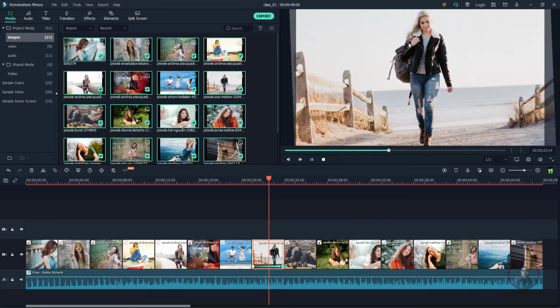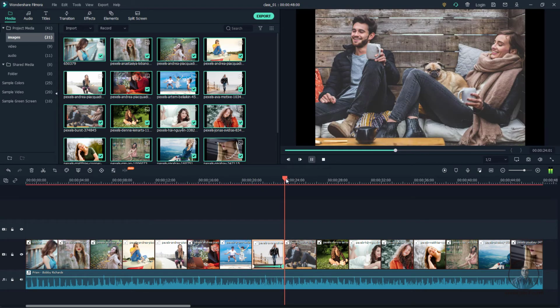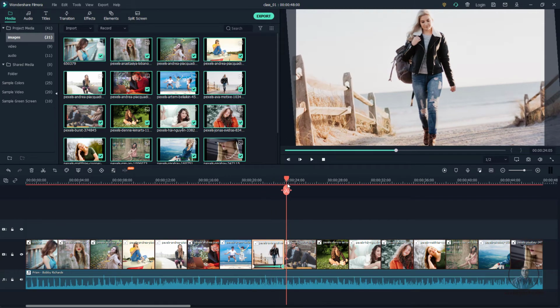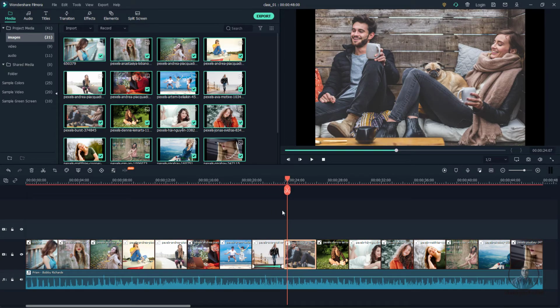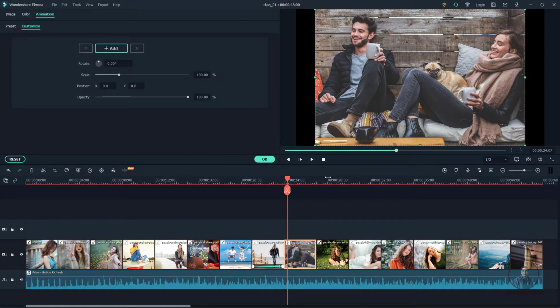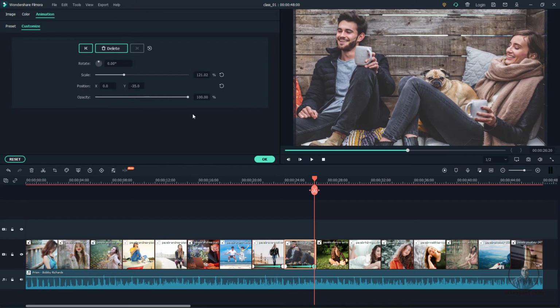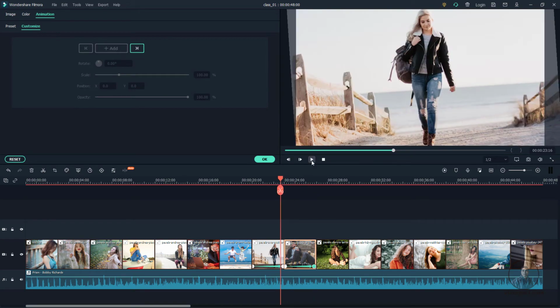Now you can see here, I think this media feels a little pixelated. This is actually due to our playback quality, but if you export, it will look good. Remember this. Now like this we have to animate this media. Select it, click on the edit option, then add key. Then come to the end of this media, zoom a little and pan it like this. Now play and check it.